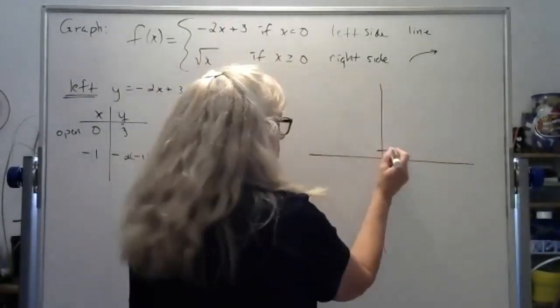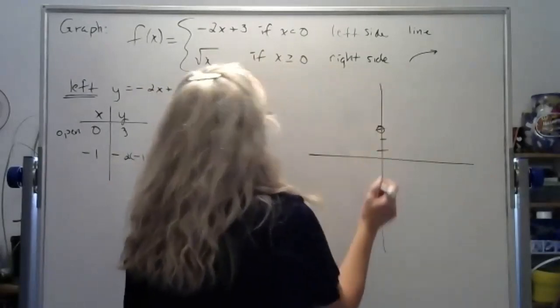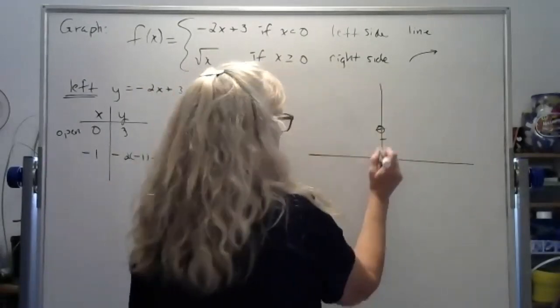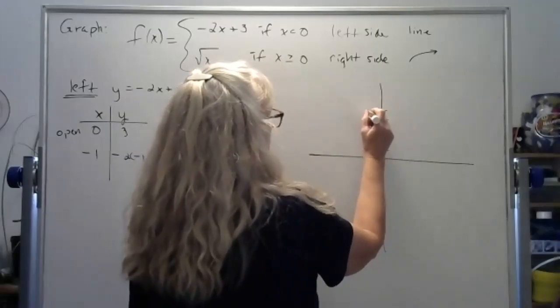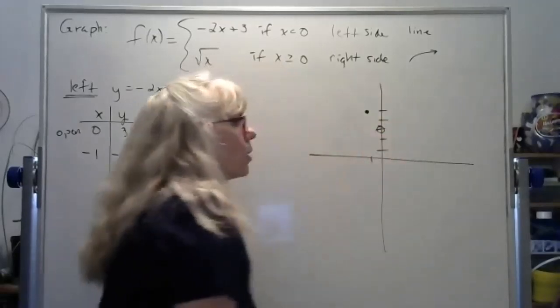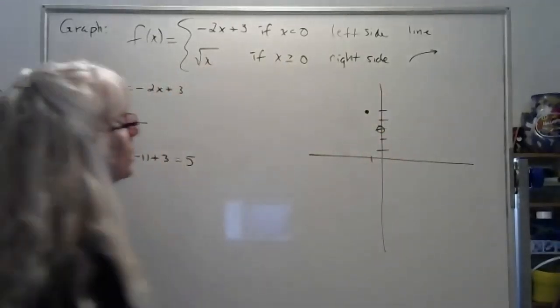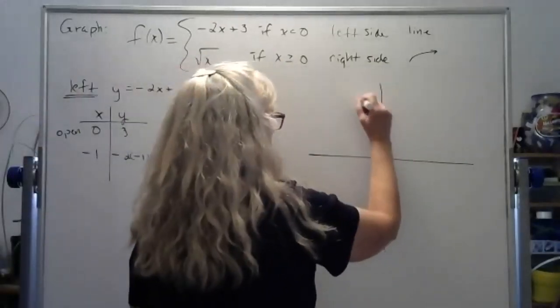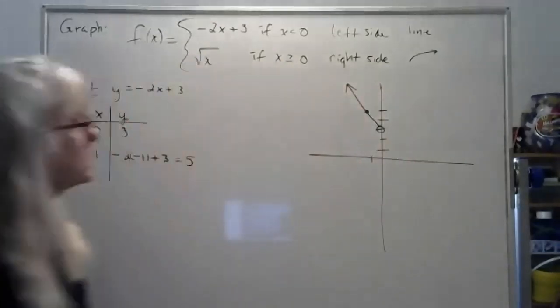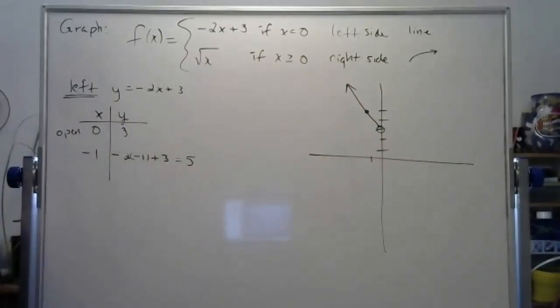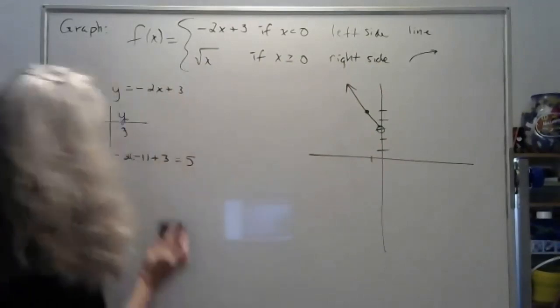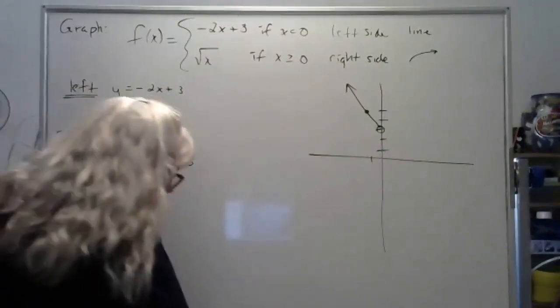So the point 0, 3, make sure it's an open circle. And then I have the point -1 and 5. And you only have one open circle on a piece. So we're going to start at the open circle and go to the left because it's the left piece. So there's our line that's existing on the left side of our picture. So the right side